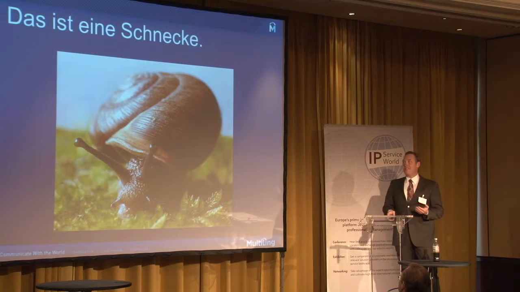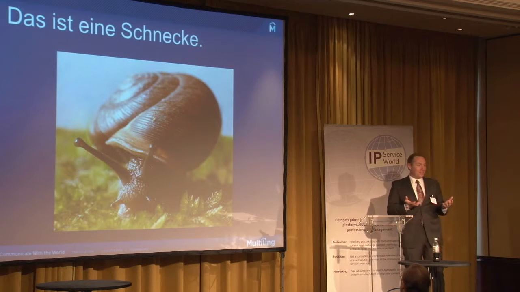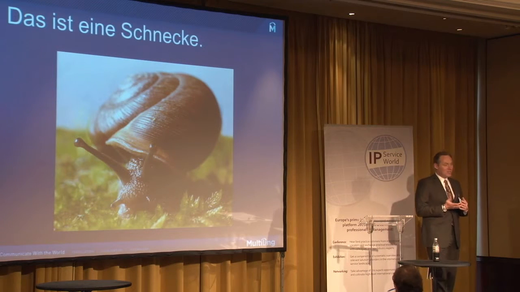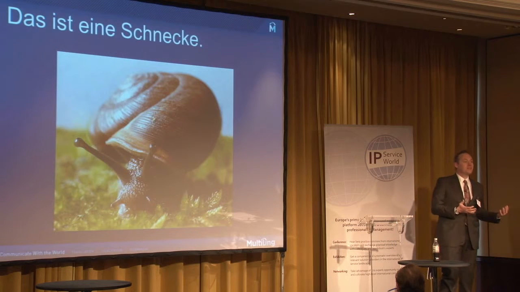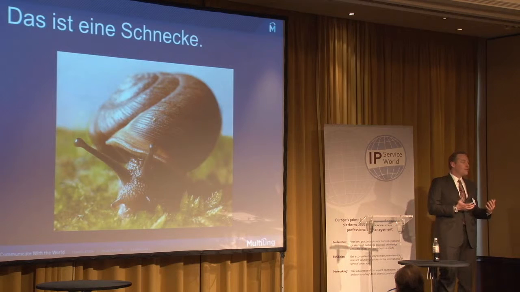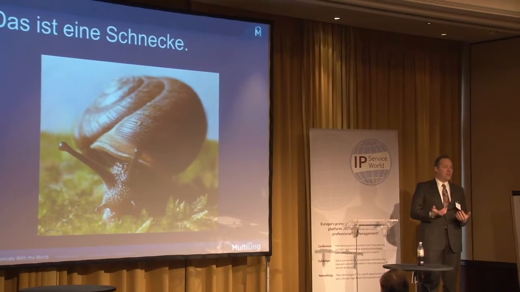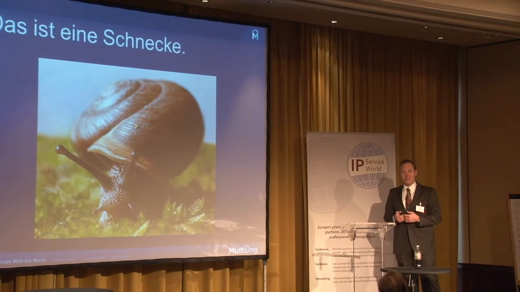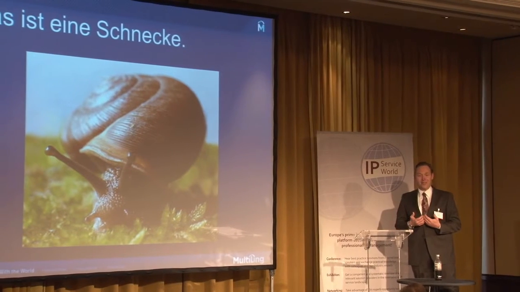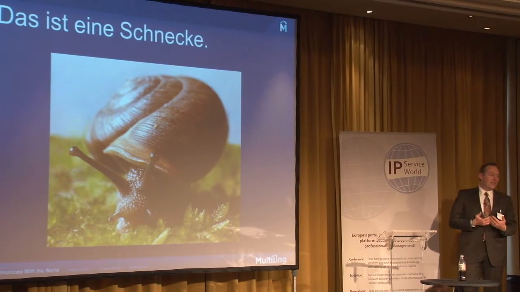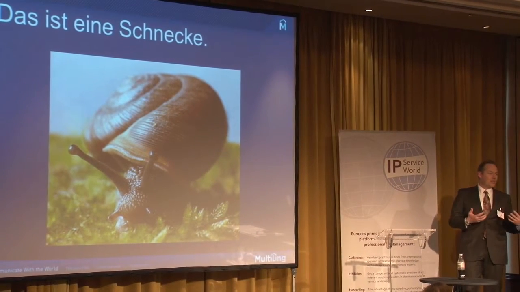Okay, so as I understand, a Schnecke in German means both a snail and a slug, which is one word for two distinct creatures. My wife's a biologist, and when I told her this story, she just shook her head and said, yeah, you know, she sees this all the time as both a geneticist and a biologist, incorrect use of terms.